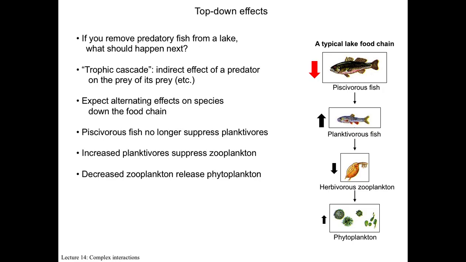Conversely, we can say, okay, well, what happens if we were to modify this ecosystem? If we take out the top predator. So when we take out the top predator, what we're doing is we're reducing that top-down pressure down through the food chain. We take out the top predator, that increases the abundance of planktivorous fishes. There's less predatory pressure on them, their abundance increases, so that predation pressure on the zooplankton